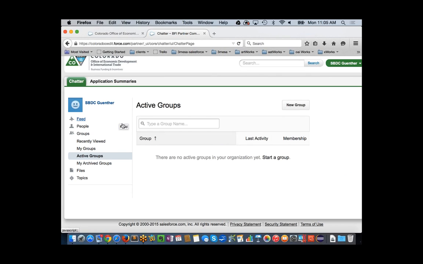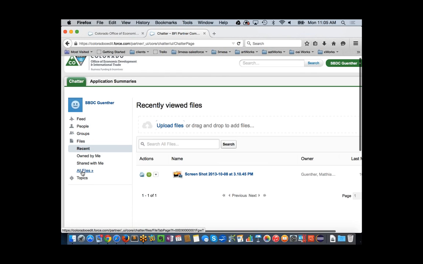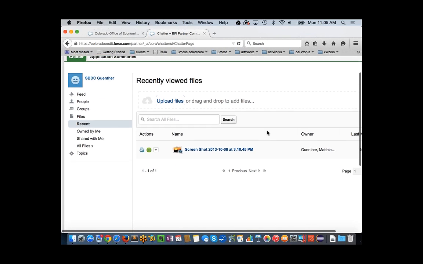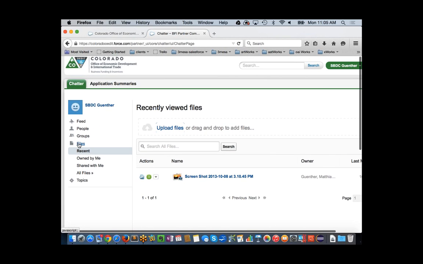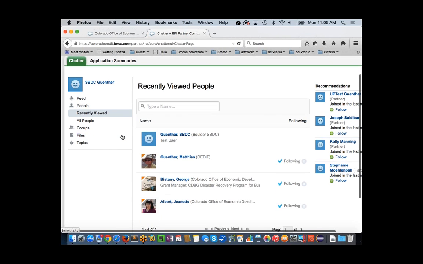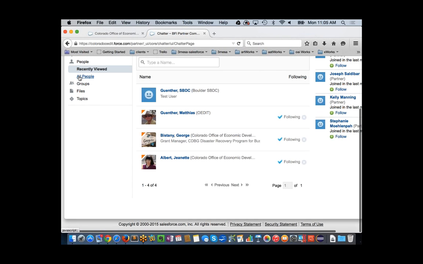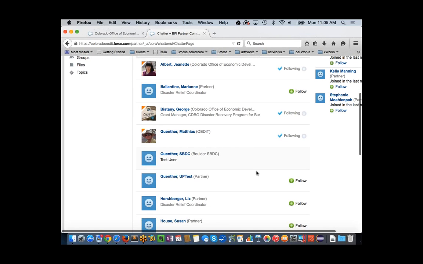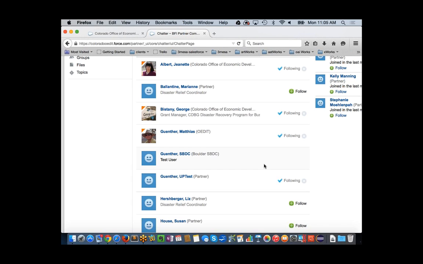If you have special projects or a certain area where you can collaborate, we have a file section where you can upload files. These files are actually larger, and you can share permissions. But in general, it's really the people section that you want to go through, and you can follow certain people in the system. If I go to all people, I want to follow my other account here, and now you can see what this person is doing, and you can collaborate with them